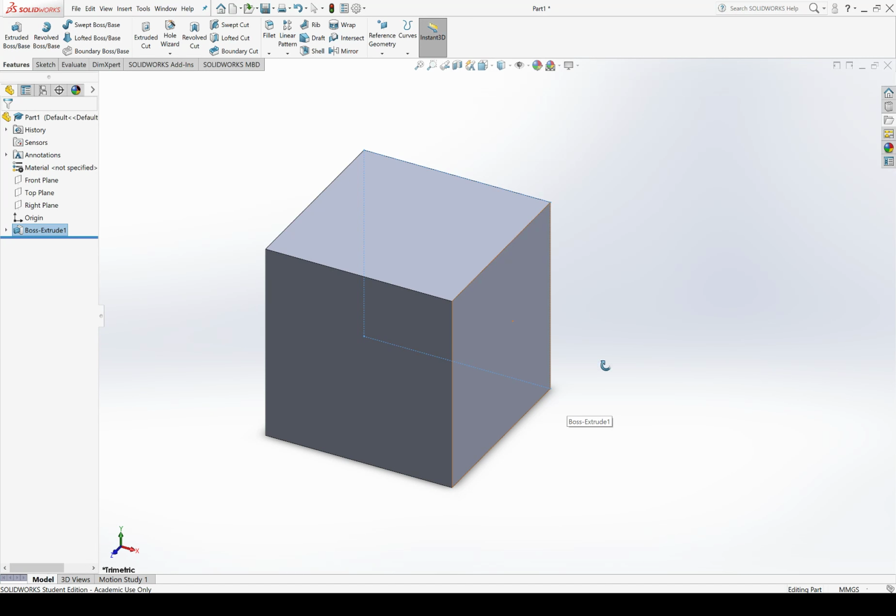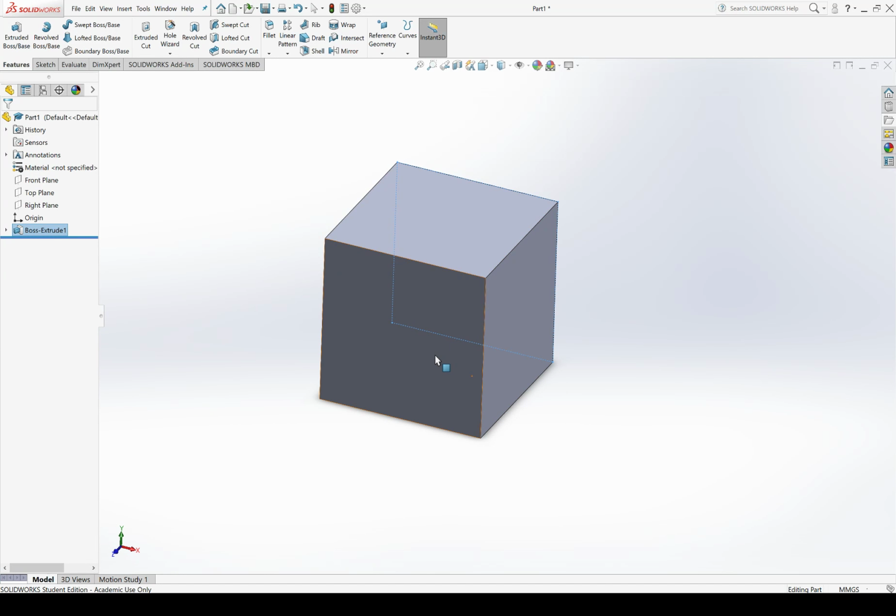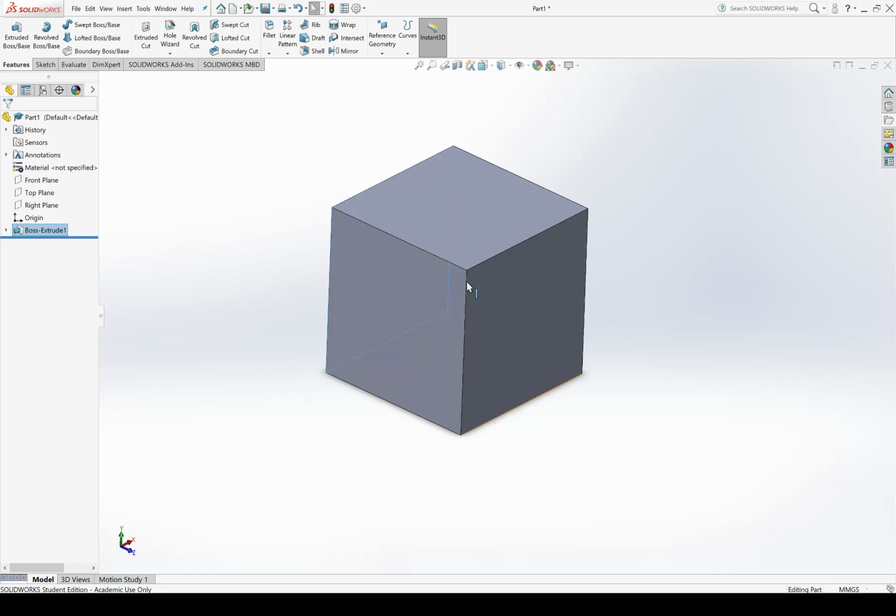By the way, if you want to rotate things on your screen, you can hold down the middle click of your mouse that I'm sure you all have for your laptops and slide around, which will rotate things. If you scroll in and scroll out, you can zoom in and zoom out. If you don't already have one, I would really encourage you to buy a mouse for your laptop. This is very difficult to do.